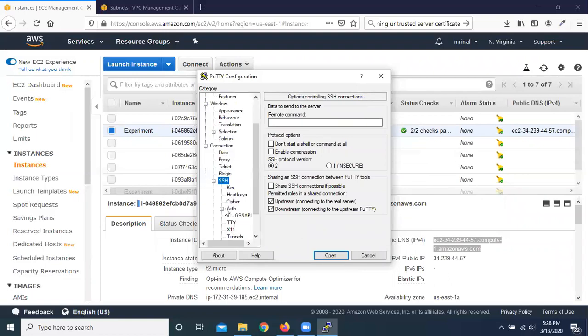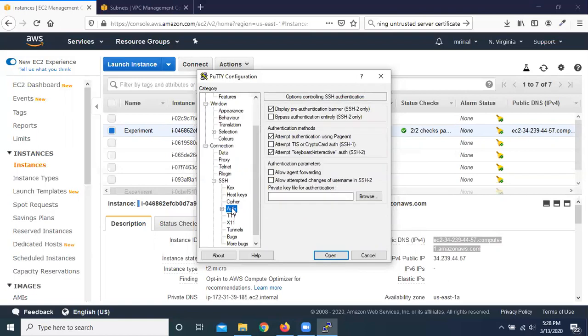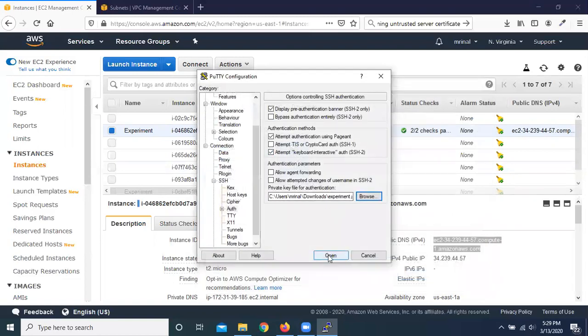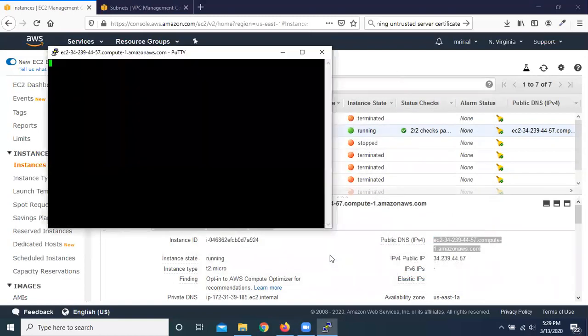Now click on what? Then here it says private key file for authentication. So we have to actually import that .ppk file. So browse it. I will go to download. Yeah, here you go. We just created it, right? Experiment.ppk. So I'm importing it. Now if I hit open,